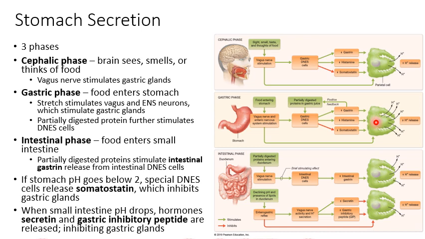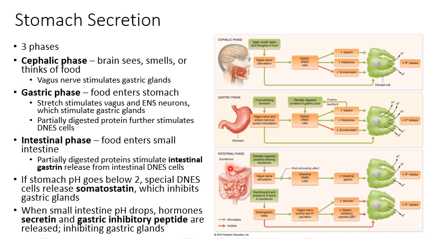you're not just having stomach acid secreted, you're also having pepsinogen secreted, and the stomach acid is activating the pepsinogen to pepsin, so you're going to have some proteins being digested. That gives you partially digested proteins in the stomach. That's going to also further activate the DNES cells to release more hormones to stimulate the parietal cells to make even more stomach acid. And then you move to the intestinal phase, in which the food is now beginning to